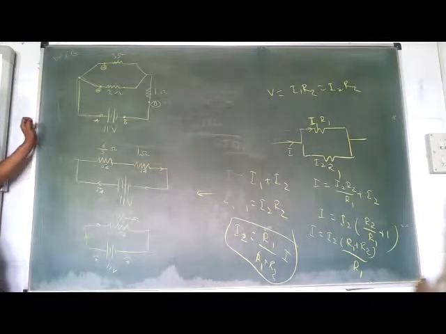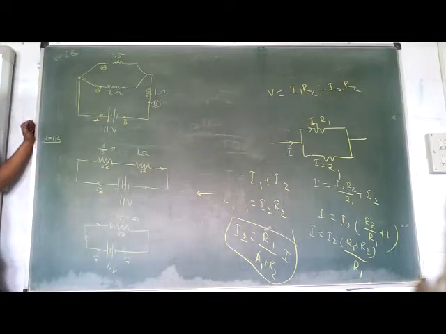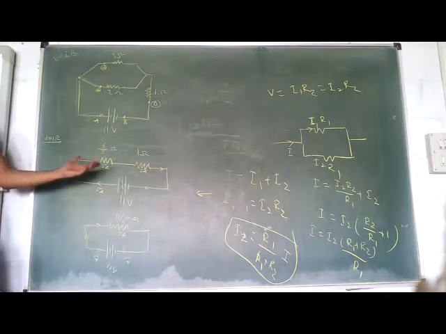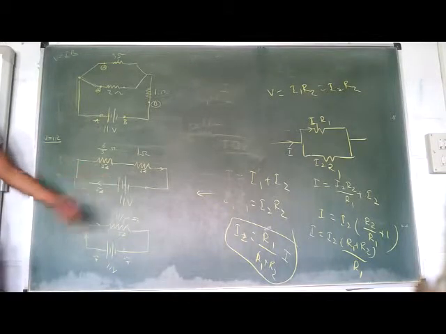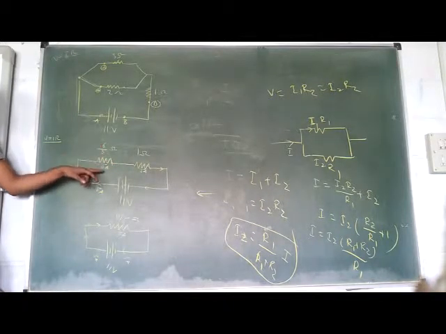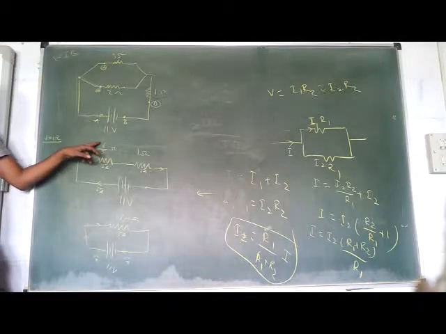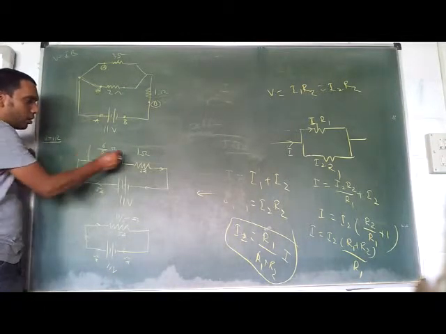Any doubt? Now using your V is equal to IR, at every stage I'll try to use my V is equal to IR, Ohm's law, and find whatever current. If current is not known, I'll find the current. If voltage is not known, I'll try to find the voltage. What is the voltage across this? V is equal to IR, I into R, I into R. So it comes out to be the potential difference across these 2 points.